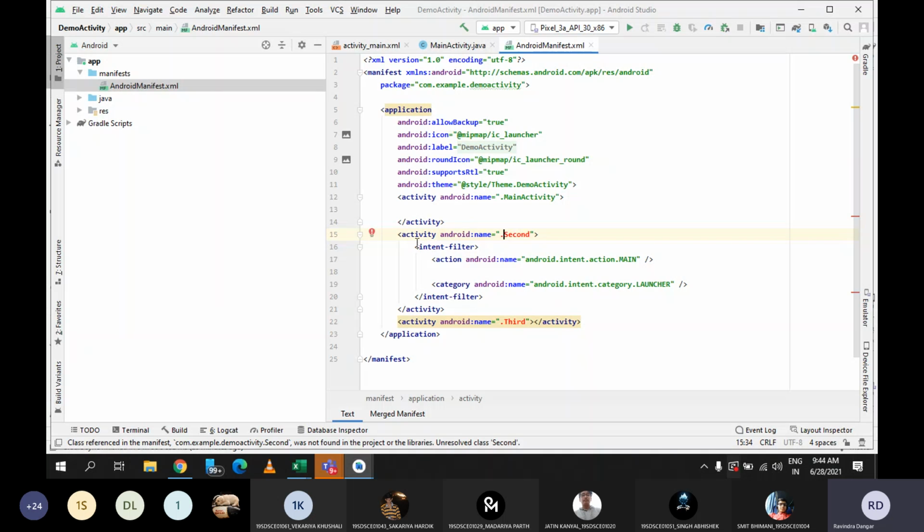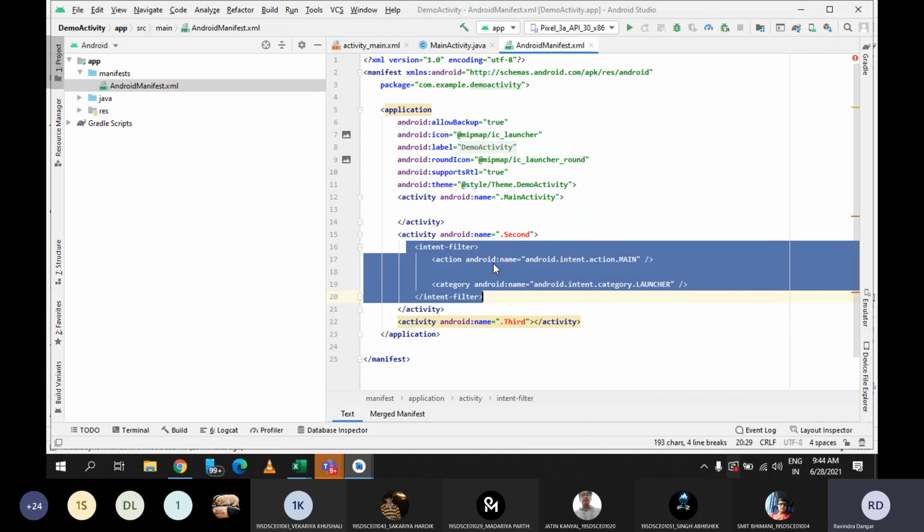So उसके अंदर मुझे intent filter वाला जो tag है वो define करना पड़ेगा. So that when I launch the WhatsApp, instead of showing chat option, it will show the status option first. Then as per your requirement, you can click on any tab and that activity can be displayed. Are you getting me now? Yes sir, clear हो गया.